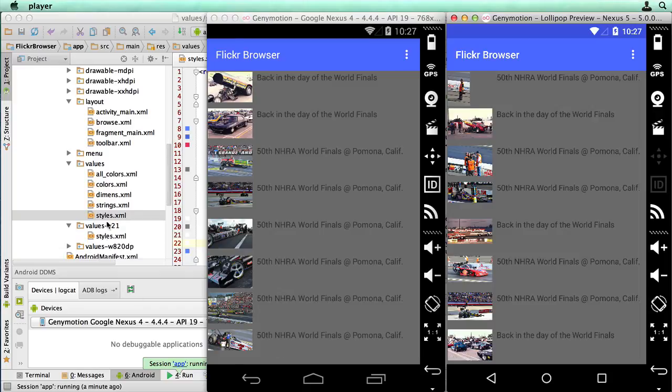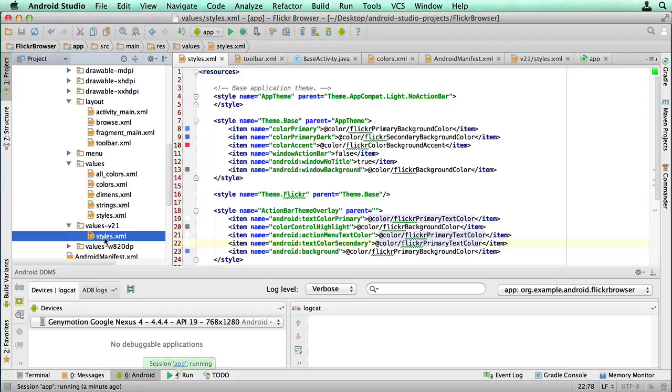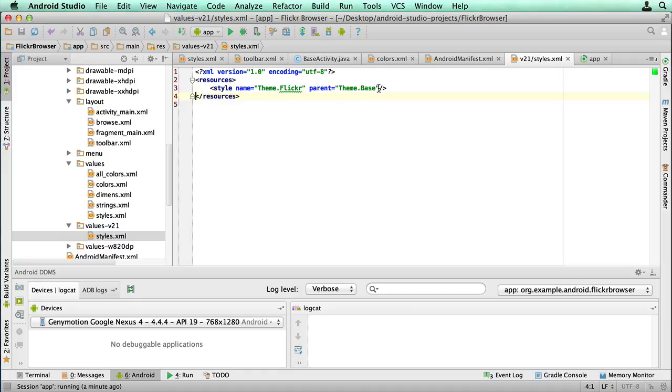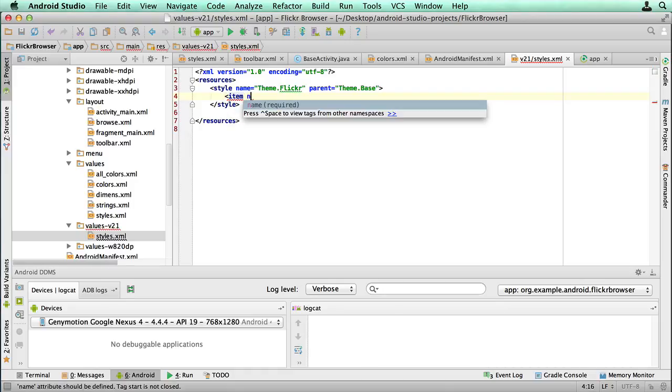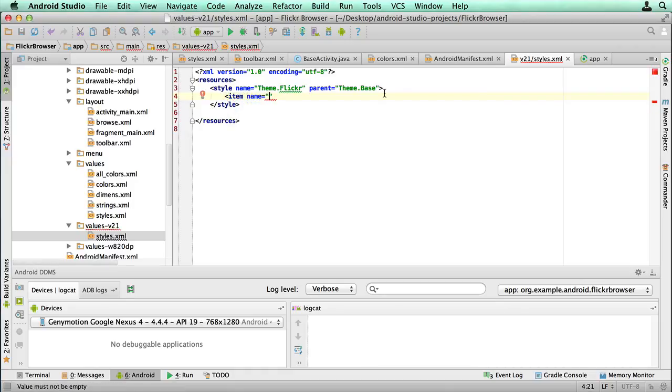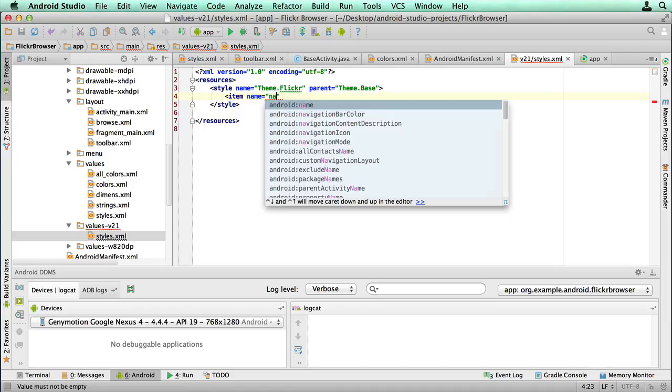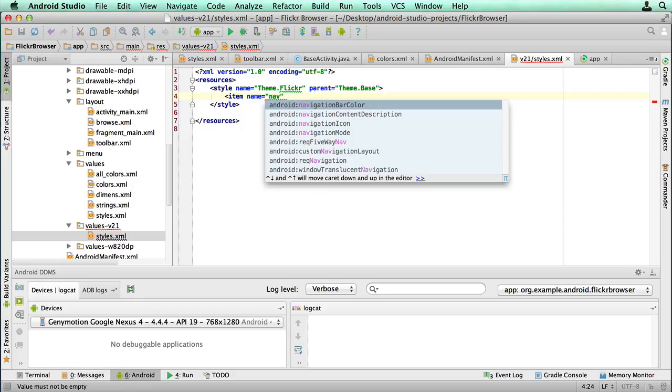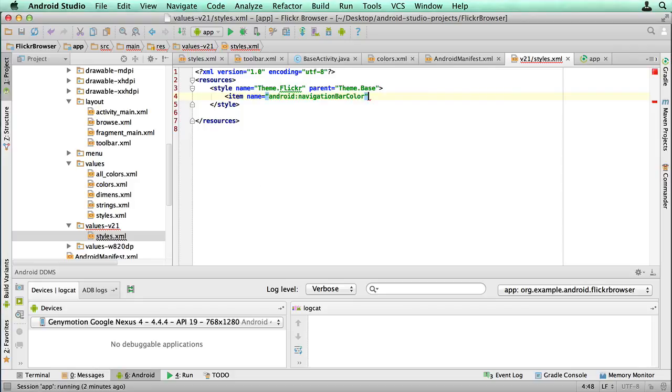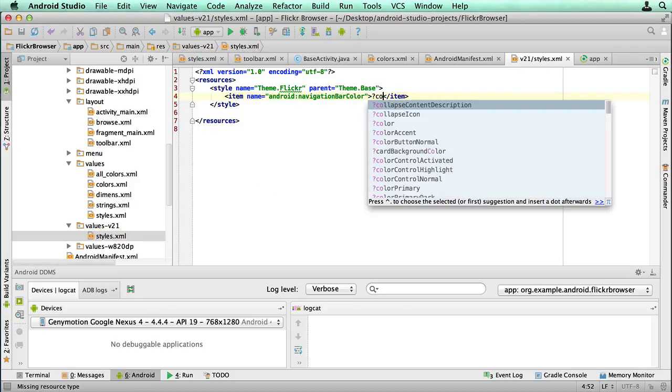So I'm going to go into the values V21 folder, styles.xml, and I'm going to press enter there to give us a bit of space. So what I'll do is I'll delete that like that. And I'll just do a style. Now I'm going to type in item. So this command will be executed only if the app is running on Android Lollipop, and that's because we're using the v21 styles file. And that's called the navigation bar color. And I'm going to give it the color